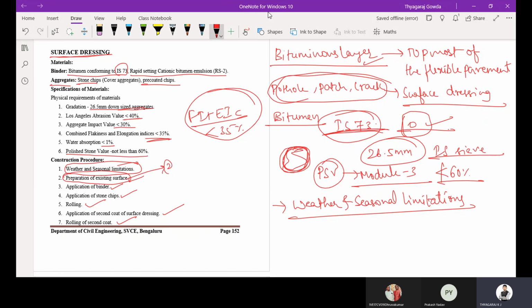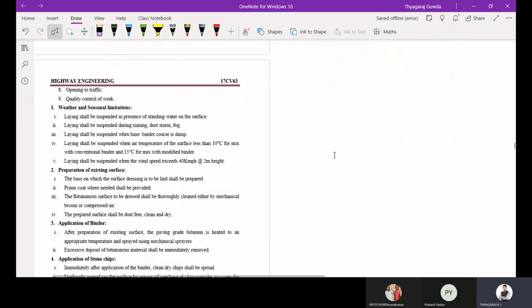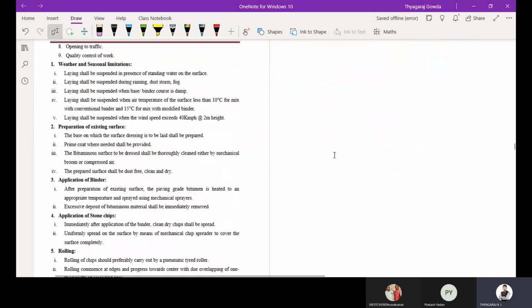Whatever surface is present, preparing that surface should be taken care of. Then opening to traffic, then quality control of work we are going to see.